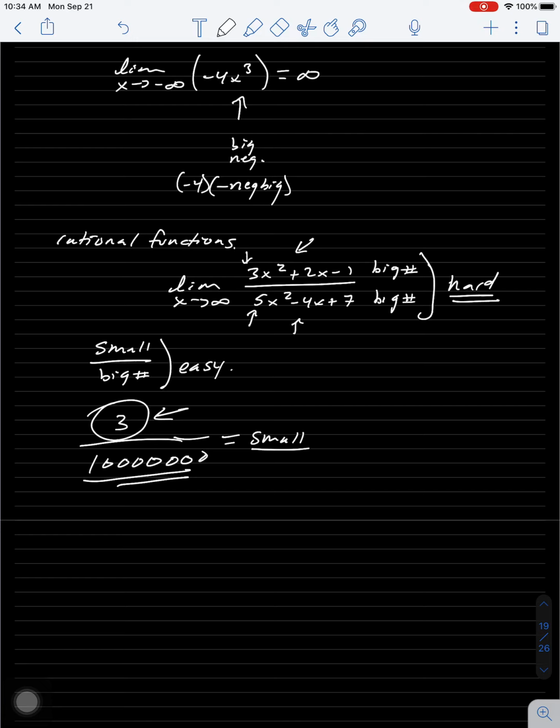So if we could create a number over an x, and x gets really big, then this goes to 0, okay? That's the idea. So with rational functions, your plan is you are going to divide the top and the bottom by the biggest power